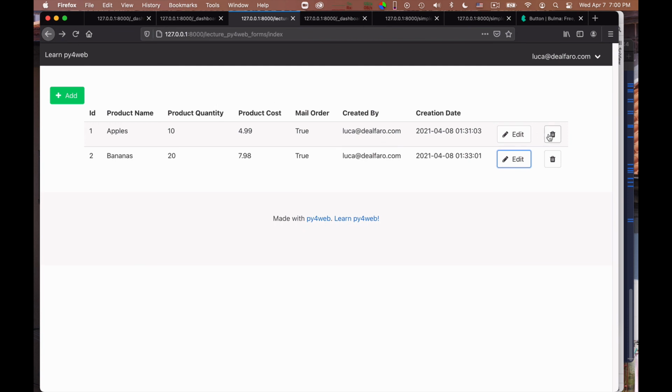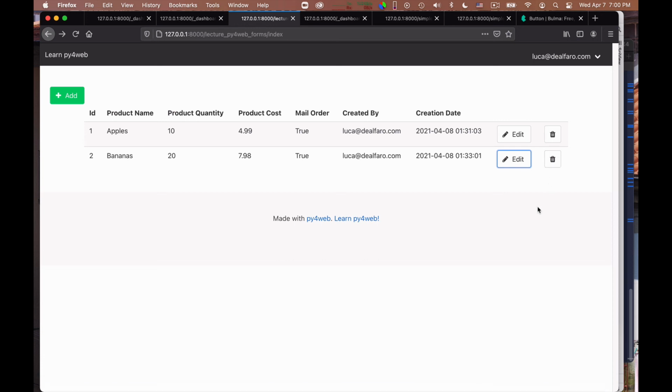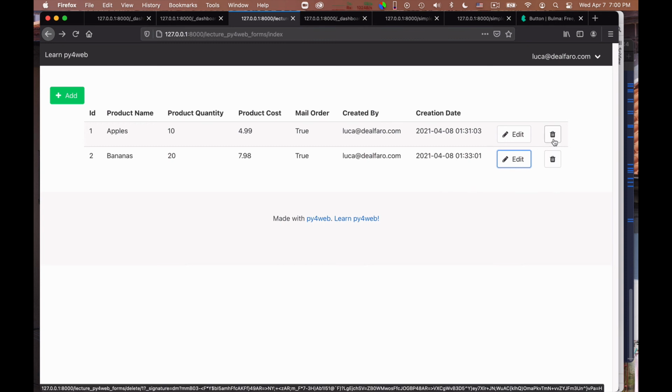But because this URL has an immediate effect, I need to essentially make sure that it's protected. So in fact, if you look below, you see it's written small, but you see that the URL has the form delete to __ signature is equal to, and then there is a big random string. Okay, that's as a signature of the URL.